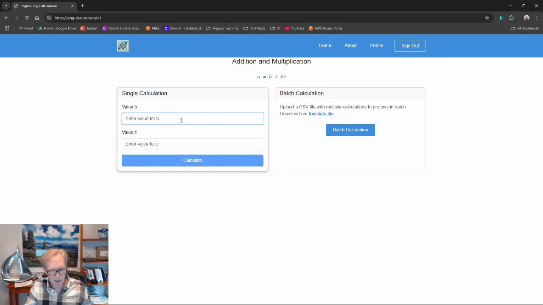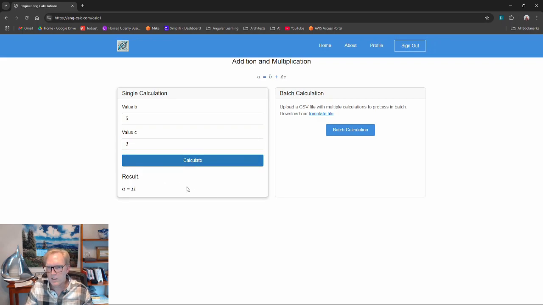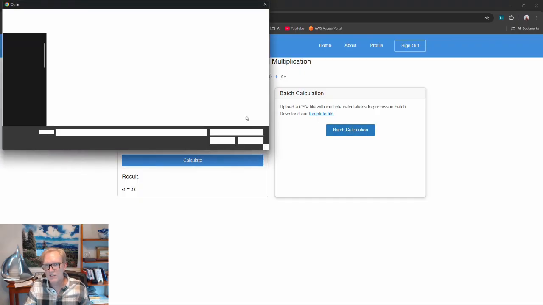to do much more complex calculations. So here's a really basic one: A equals B plus 2C. You put in B and C, hit calculate, and it makes a call to the back end and gives you that answer. But one of the features of the site is going to be to be able to do this